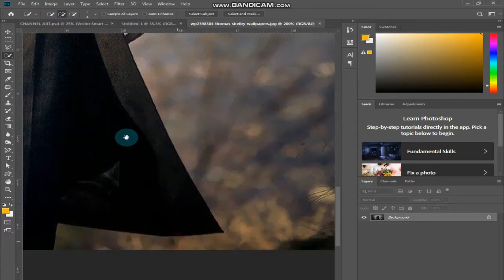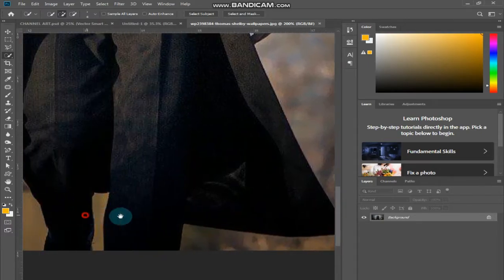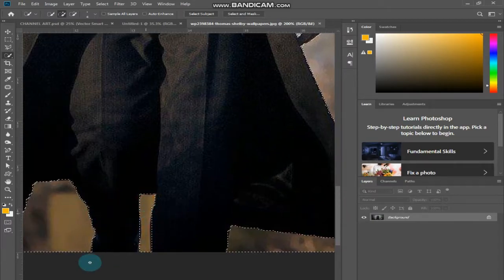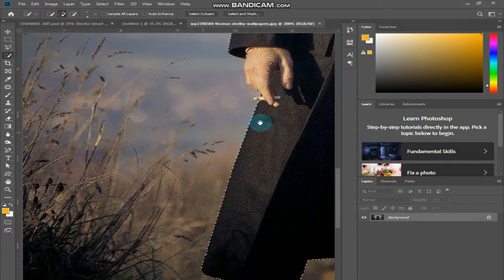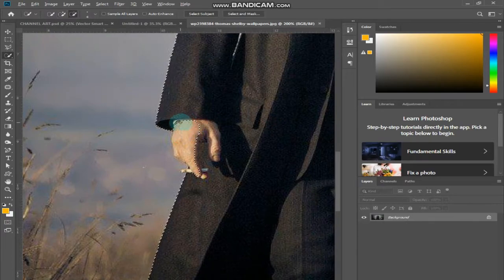It will not be that difficult because you can see the clothes of Thomas Shelby are black, and the background is a bit whitish, so it's not going to create any problems. Okay, so yes, here his hand is not selected, so I will select it. And his cigarette, yes, here it is. Okay, so cool.